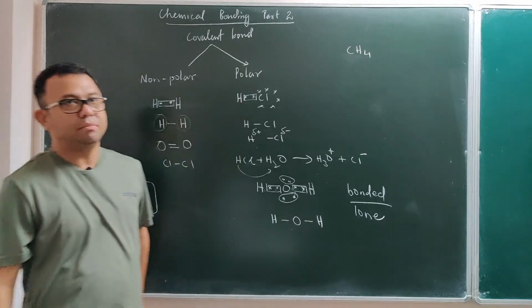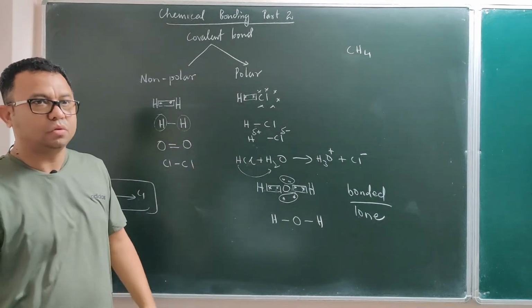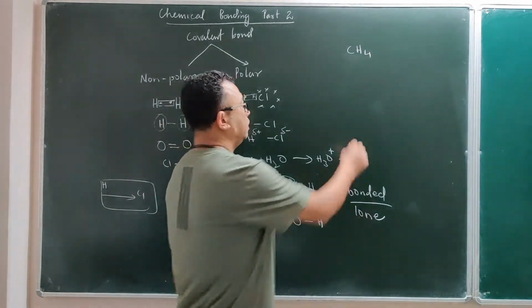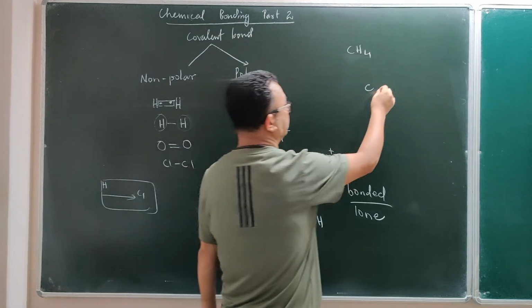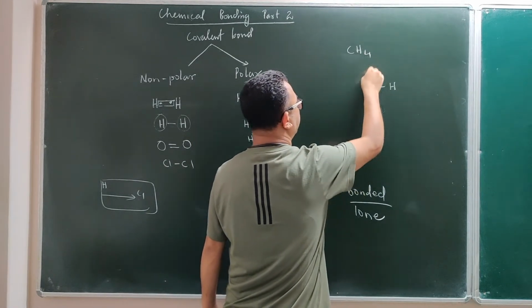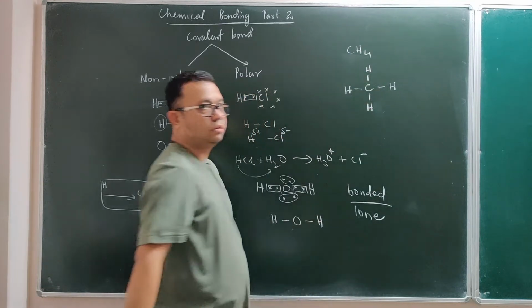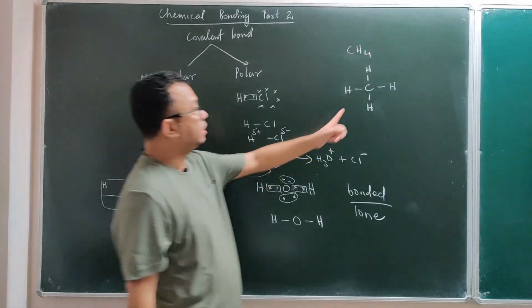Now let me write methane, even though we have already seen the structure of methane in the previous class, in the covalent compounds chapter. Let us see what happens in methane. We saw the structure of methane: four electrons on the outermost shell, so it forms one bond here, a second one here, a third one here, and a fourth one here. Now if you ask me whether methane is polar or non-polar,